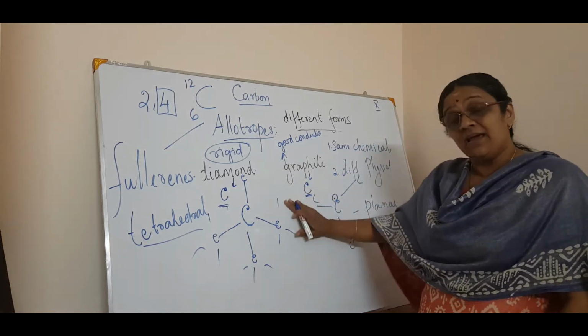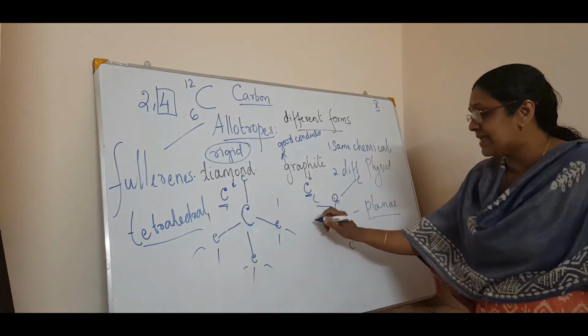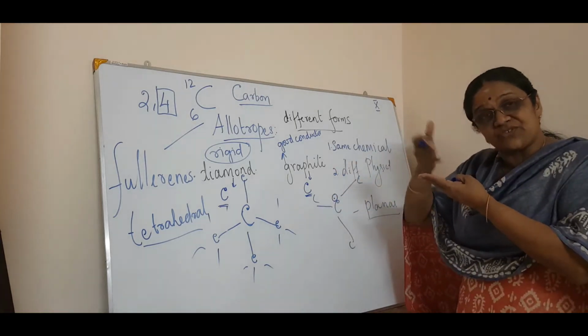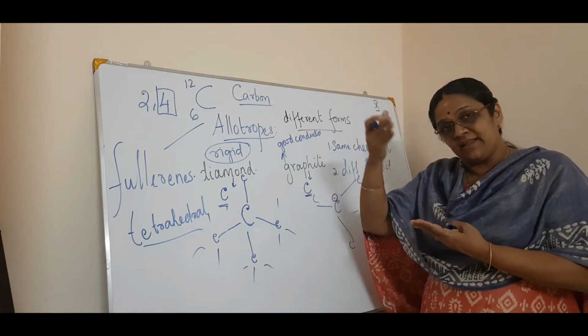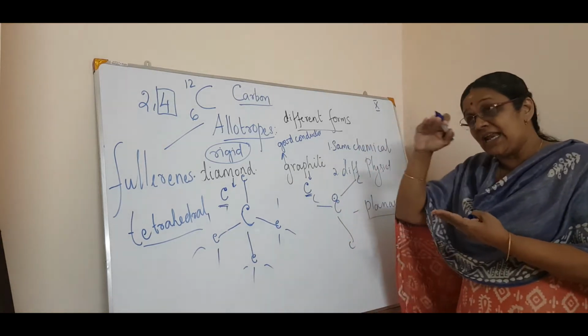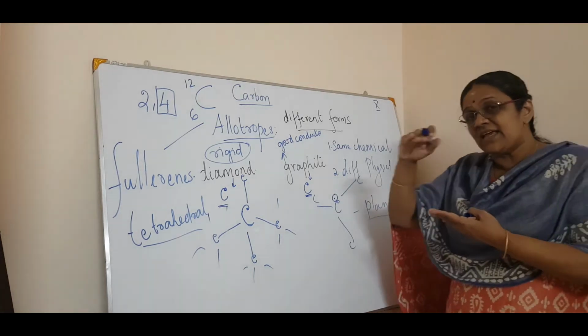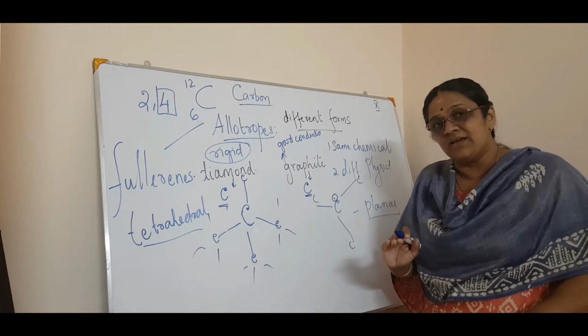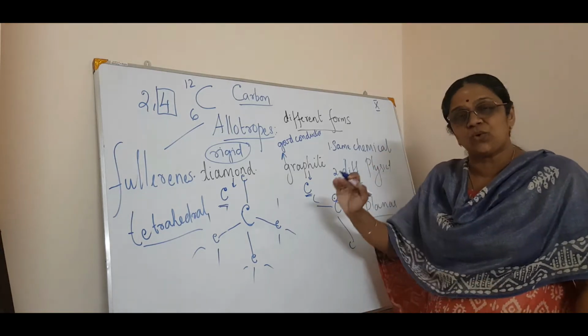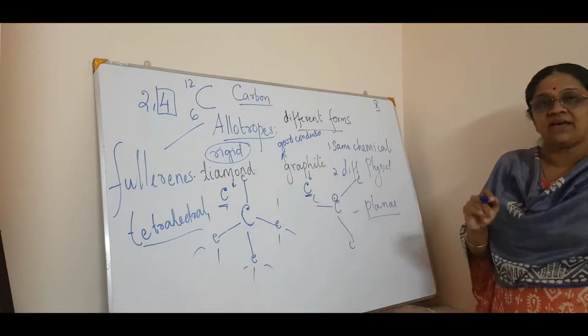So graphite has a hexagonal layer planar structure. Just refer to your textbook, the diagram is given in it. Hexagonal layers are there. Since it has layers, it can be slippery. So that is why it acts as a lubricant. So the layer structure is there. Just go through the textbook and you can see that layer structure.